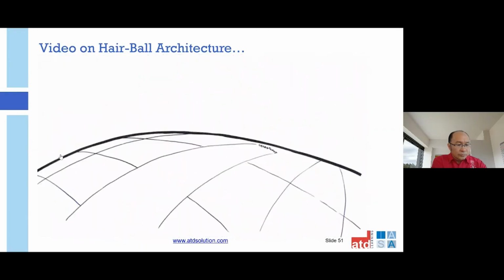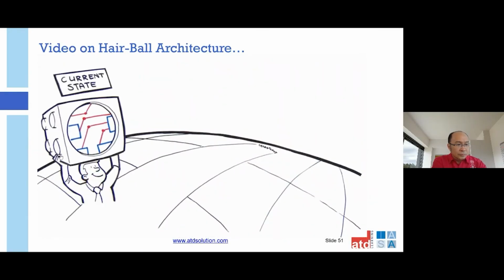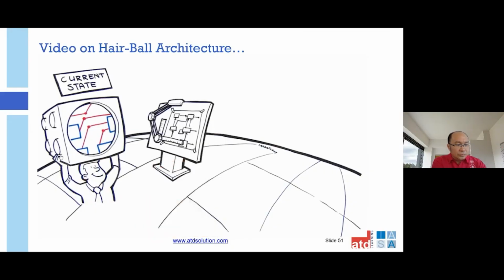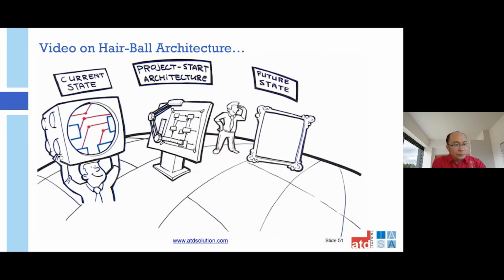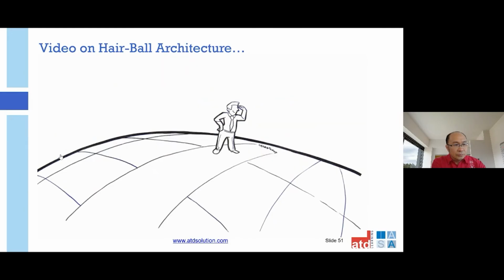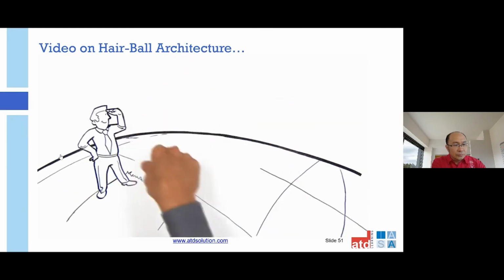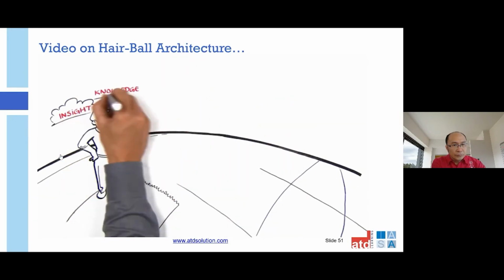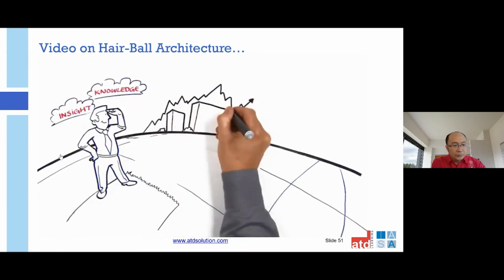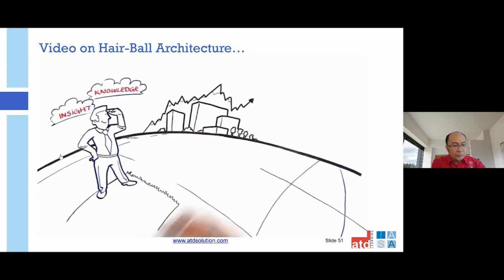Summarized, enterprise architecture is about three things. We take a look at the existing situation. We help to develop and evaluate designs, and we create a sketch for the future so that everyone understands the direction we're heading. Architecture is about insight and knowledge. The world doesn't lend itself to being easily understood or pinned down in rules.